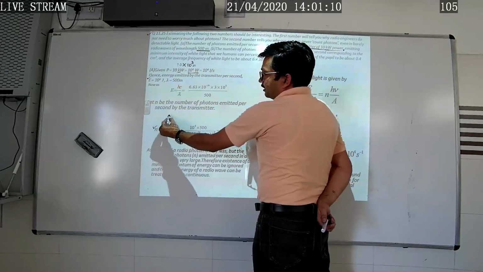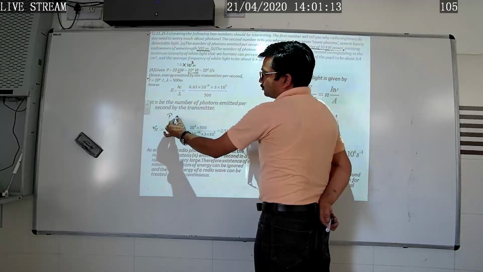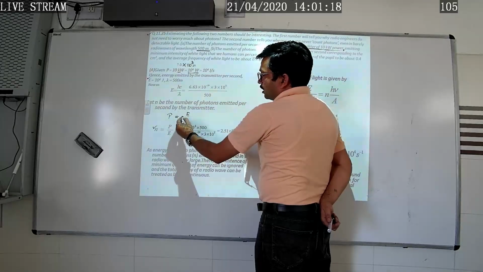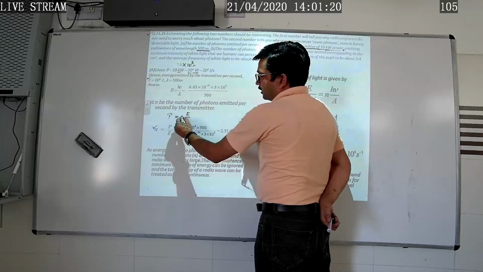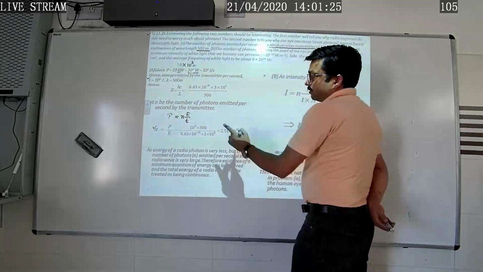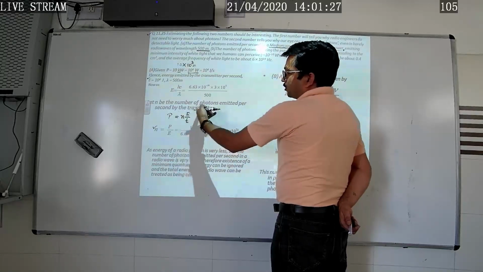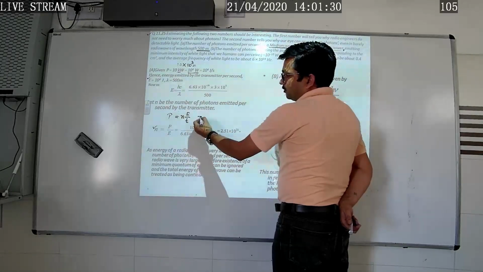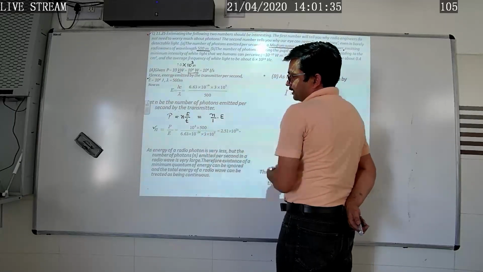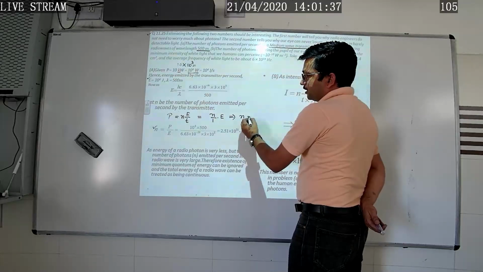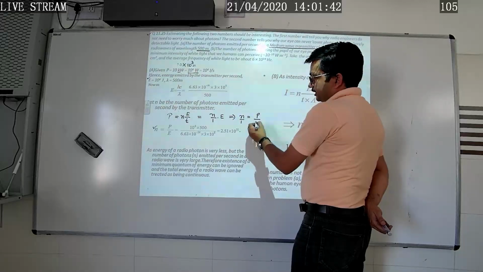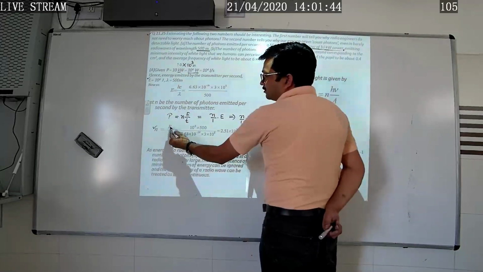As we know, power P is equal to energy over time, and let us consider that this power is for n number of photons. Now he is saying n is the number of photons emitted per second. So here we will put the value of t as 1 second and E like that. What does it mean? n will be n over 1, the number of photons per second, which will be equal to P by E. So that's why here n is equal to P by E.